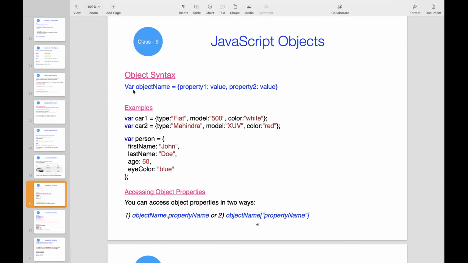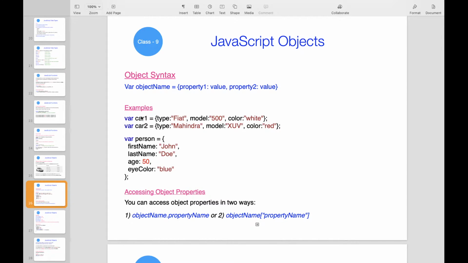This total is called an object: object name equal to property name colon property value, comma, second property, property 2 colon property 2 value. Like that you can write multiple properties. Here I have written two properties, property 1 and property 2.